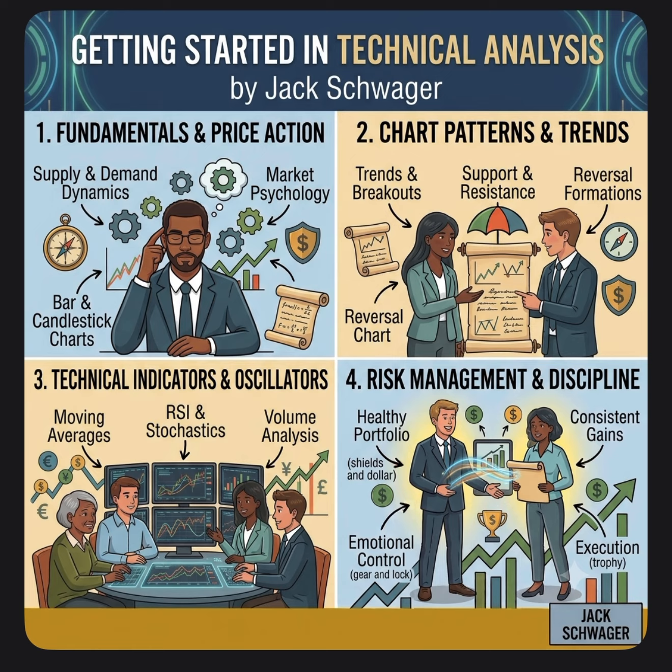Jack Schwager explains that market prices move because of the shifting balance between buyers and sellers. When buyers are more aggressive than sellers, prices go up. When sellers are more aggressive, prices fall. A price chart is simply a living, breathing footprint of human emotions like greed, fear, hope, and regret. By learning to read these footprints, Alex stops guessing where the market ought to go and starts following where the